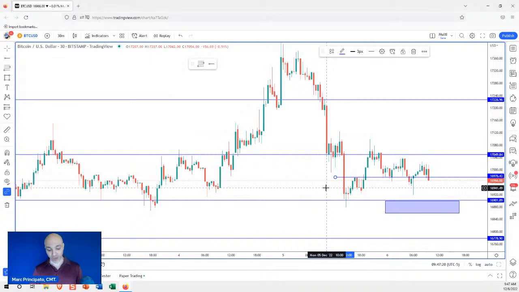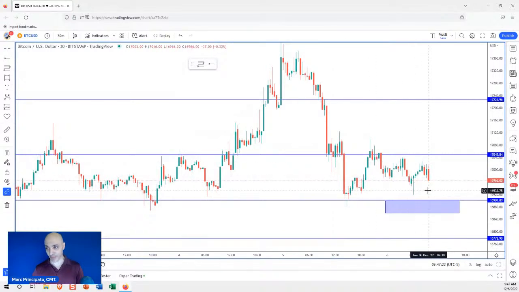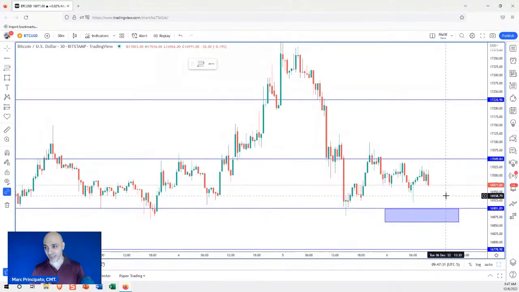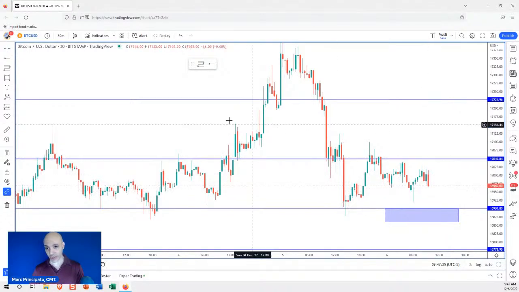I mean, look where we are. We're right in the middle. Anything can happen here. This can turn around and be bullish again. This can turn around. This can do whatever. It's going to be like flipping a coin. So I'm not very enthusiastic about getting involved at this level. All right, so please keep that in mind.